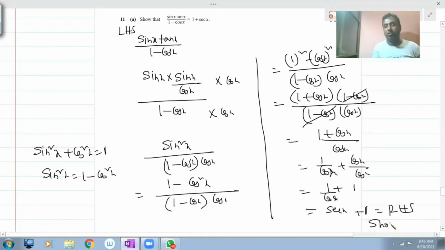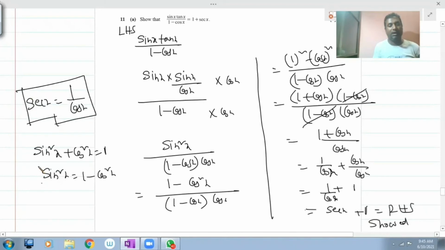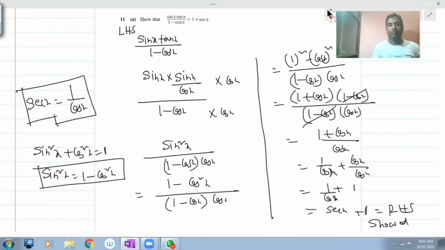So this is short. We know that sec x equals 1 by cos x. So I have applied this formula here, and I have applied this formula sin square x equals 1 minus cos square x. So I think this is quite easy to understand. Now let's see what is happening in